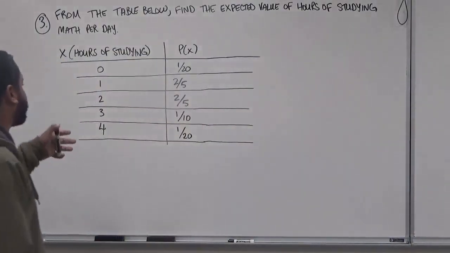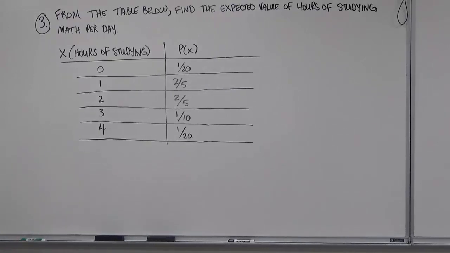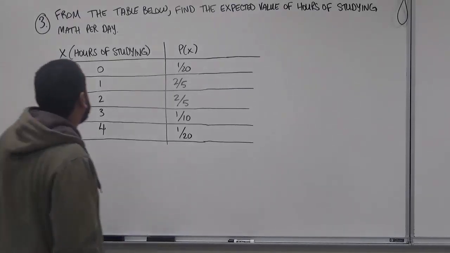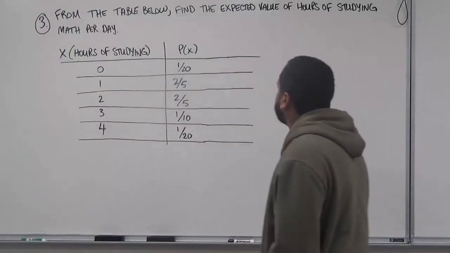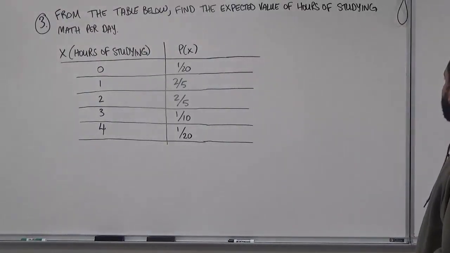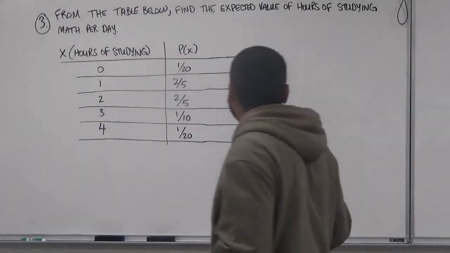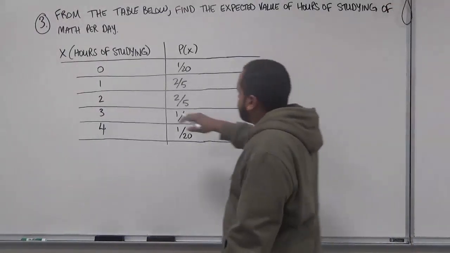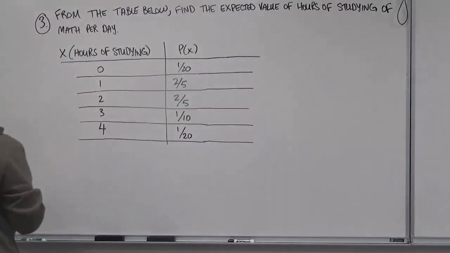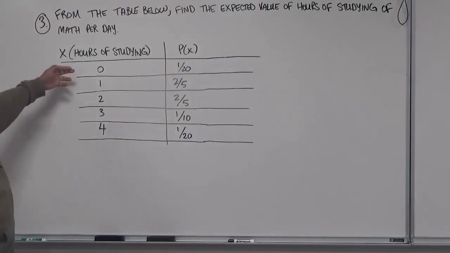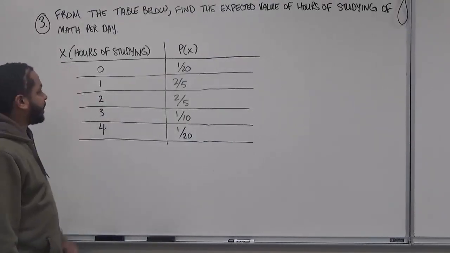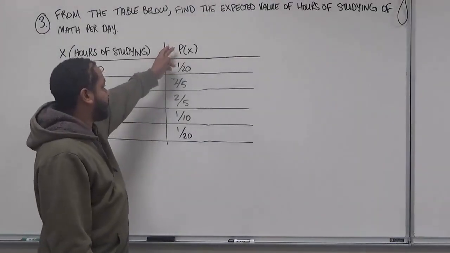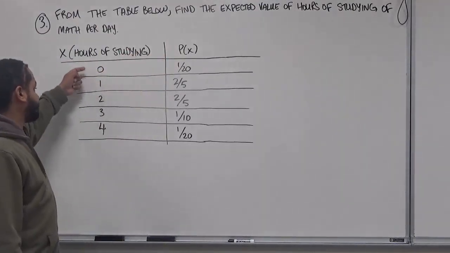Statistics Midterm Practice Exam. In this problem, we're dealing with expected value, and as we see, the problem says, from the table below, find the expected value of hours of studying math per day. In the table here, we have X representing the hours of studying, with the values 0, 1, 2, 3, and 4. And on the right side, we have the probability of X, which corresponds to each value